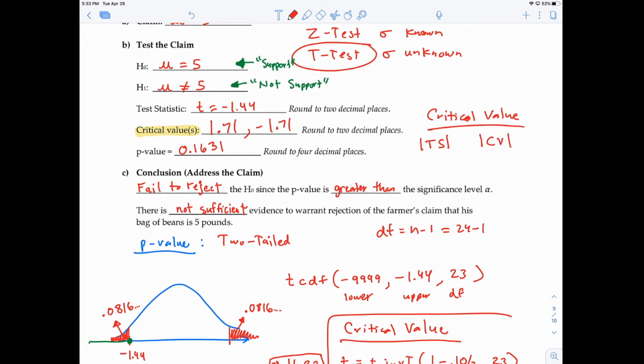The TS is the test statistic and the CV is the critical value. Absolute value is the distance from that number to 0, right? In this case, the test statistic is negative 1.44. The absolute value from negative 1.44 to 0 is just positive 1.44. So if you don't understand absolute value, just remember it's whatever the number is, we're just going to change it to a